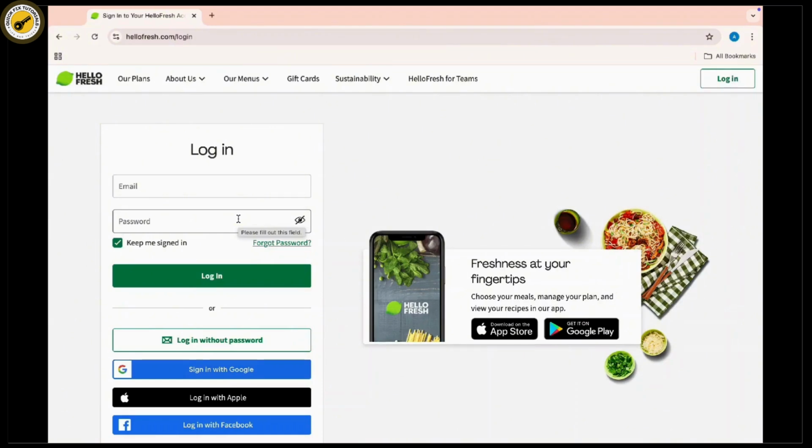If you have logged in using your other social media account, then simply tap on the Login with Google or Login with Facebook and log in